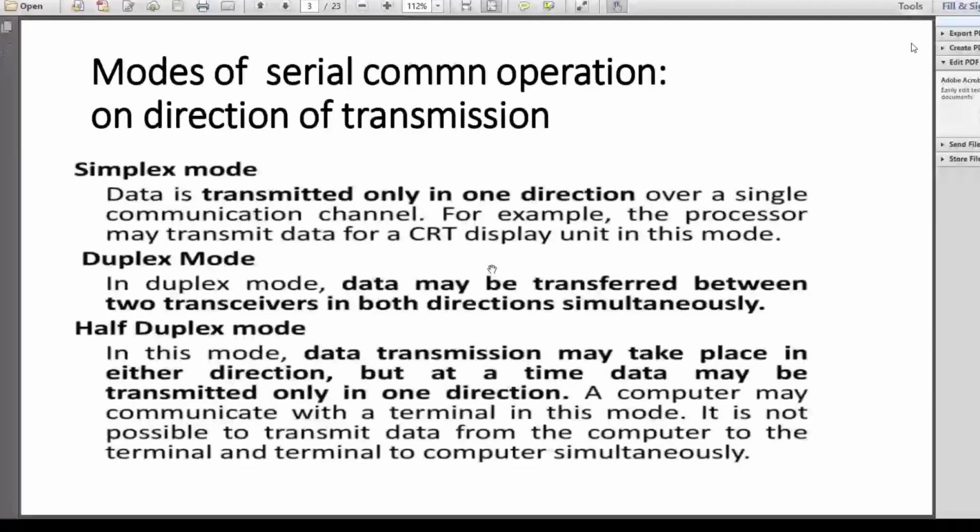Device 1 now becomes a receiver. So both devices are transceivers, transmitters as well as receivers. Data may be transferred between the two in both directions.